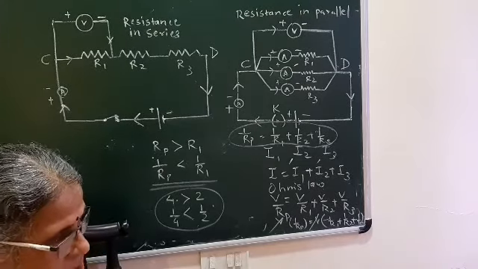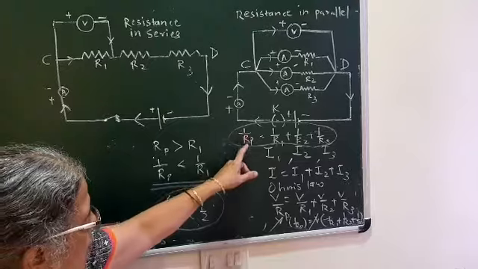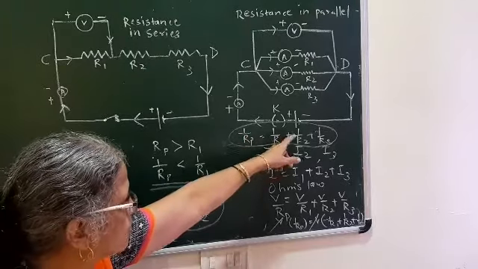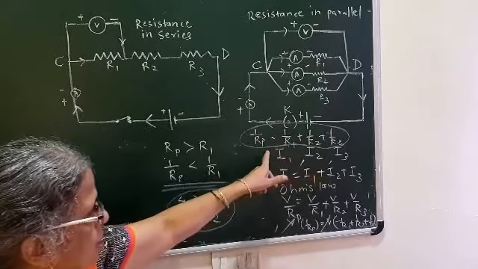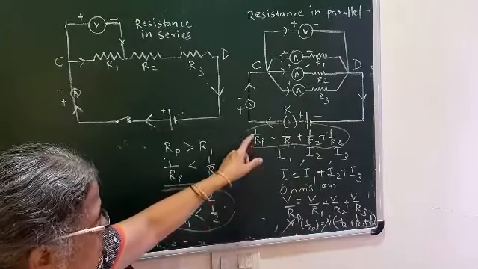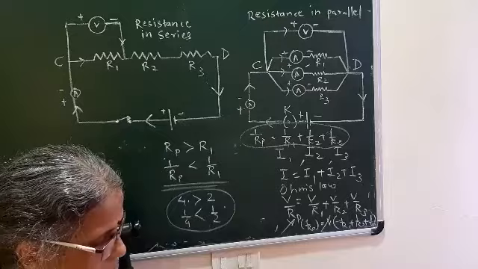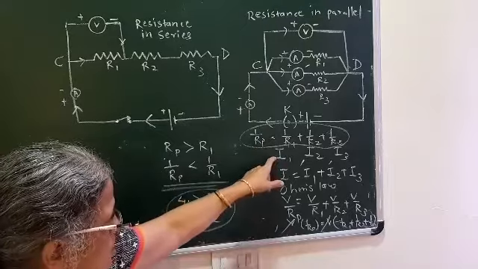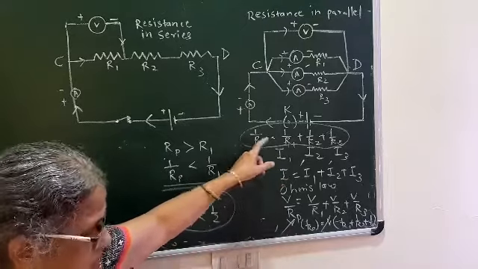They have again given, on page number 42 in the top blue color rectangle, the characteristics of resistances in parallel. First, they have explained 1 upon Rp is equal to 1 upon R1 plus 1 upon R2 plus 1 upon R3. In a sentence, the inverse of the effective resistance, that is 1 upon Rp, is equal to the sum of the inverses of the individual resistances. So you have to explain this in a sentence.